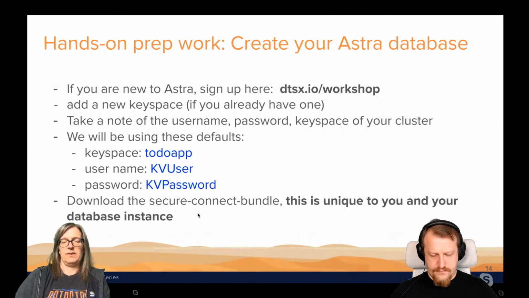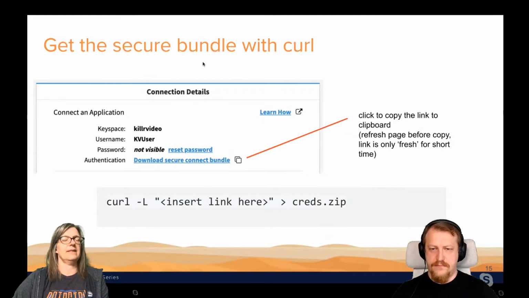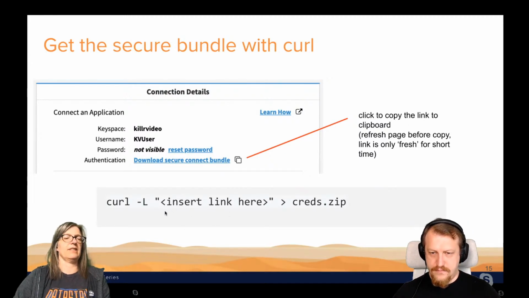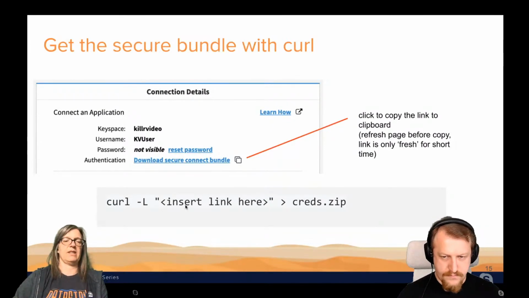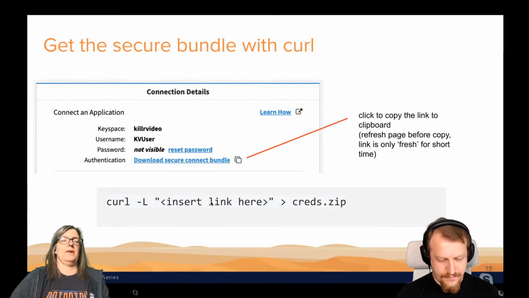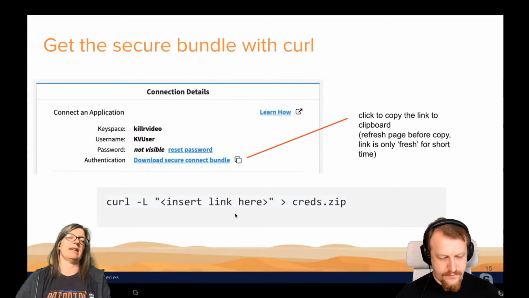But you will need to do something. When we're there, you will need to get the secure bundle from Astra, and you will find it once you have the connection details. You will find that here. You need to click on that link, on that little icon, to copy it to the clipboard, and then you will need to insert it into your curl command. And I'll show you all that in a moment again. But I just want to make sure that you get this message. You need that secure bundle link from your Astra in order to code along, right? In order to get the secure bundle onto your Gitpod so that you can connect to Astra.